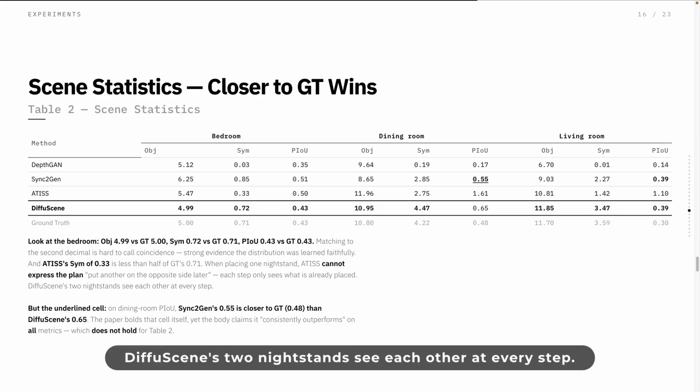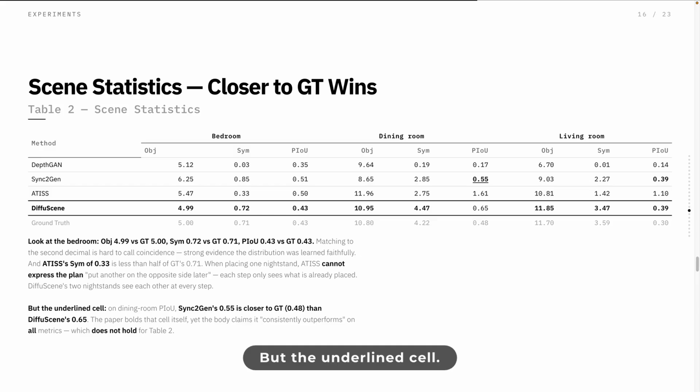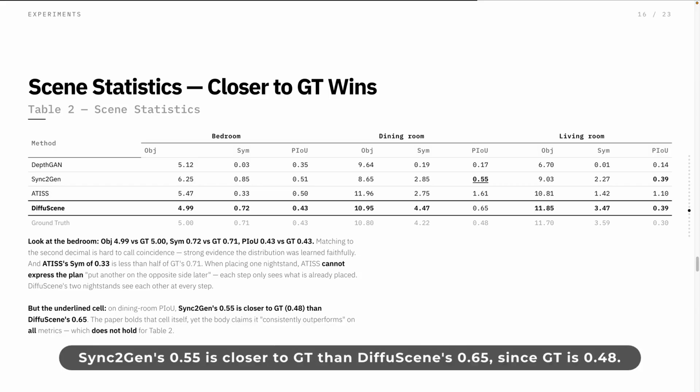Diffusion lets the two nightstands see each other at every step. The structural difference is what 0.33 versus 0.72 measures. But the underlying cell, PIoU,